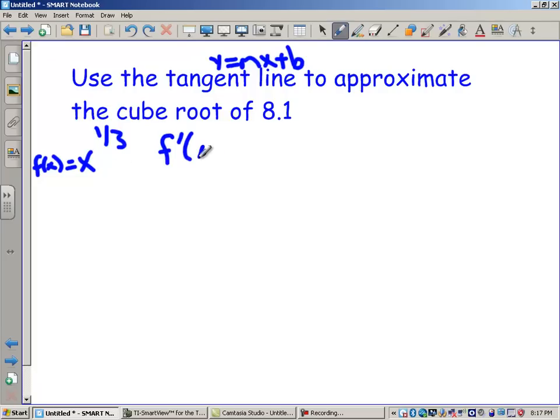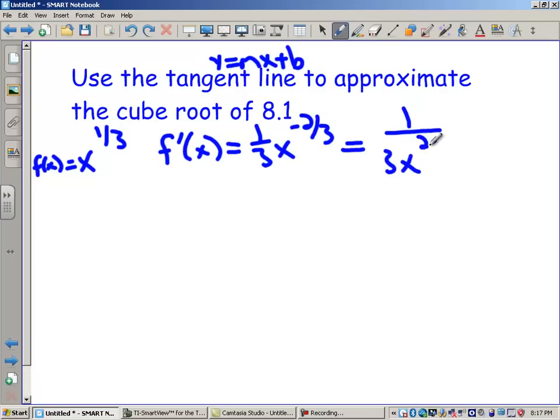Next thing we need is f prime. f prime is 1/3 times x to the negative 2/3, which is the same thing as 1/3 x to the 2/3 power. Now, where are we going to write this tangent line to the cube root? We want to pick a number that's really close to 8.1, but we've got to pick a number that we know the cube root of. Well, guess what? We know the cube root of 8,